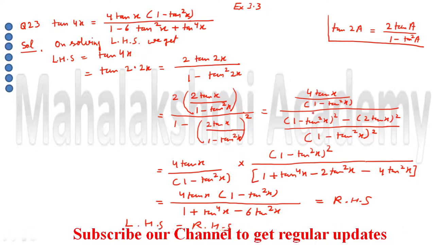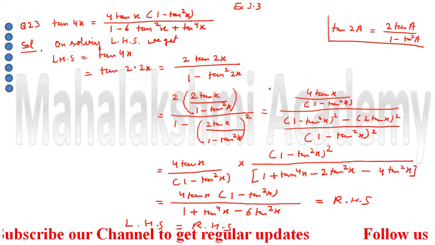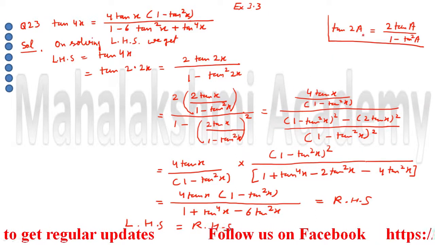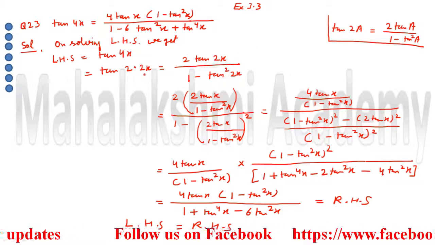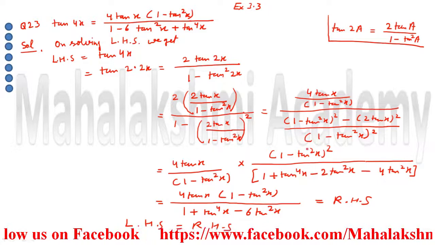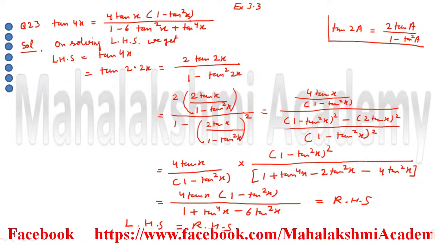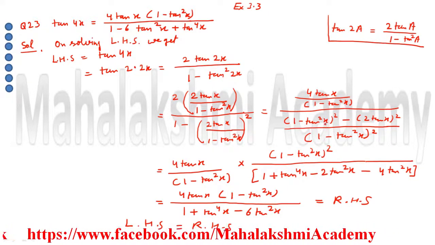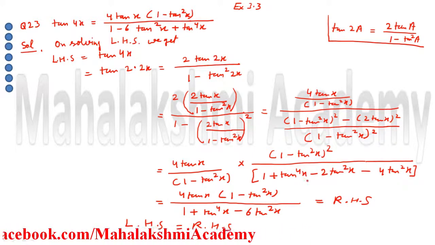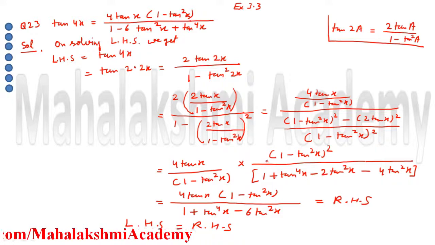So students, this question is not so tough. What we have done is simply we used the formula of tan 2A once here and a second time again here, and after using the formula, we simply did the LCM and the reciprocal of the denominator fraction, and while opening the bracket take care of the formula of a minus b whole square, and you will get your answer. I hope this question is clear. Now we will